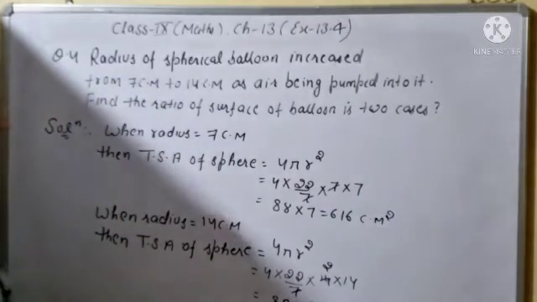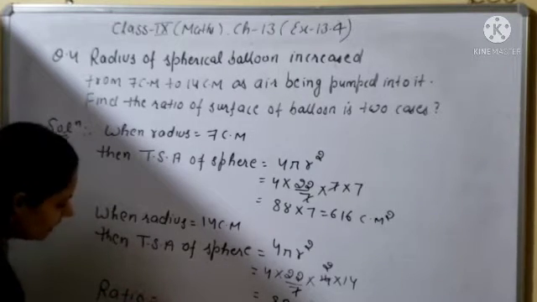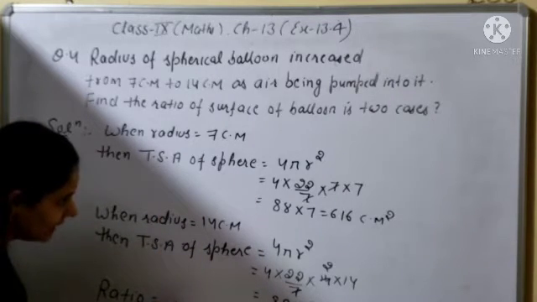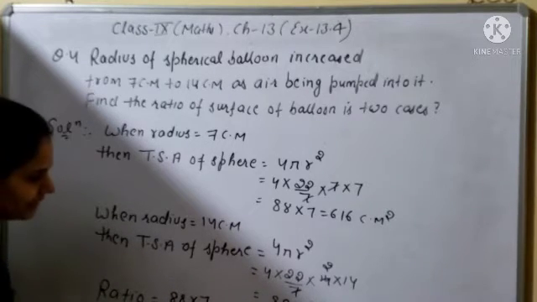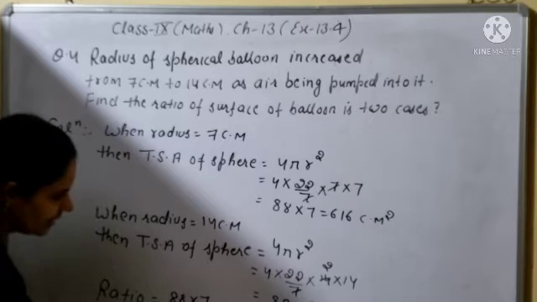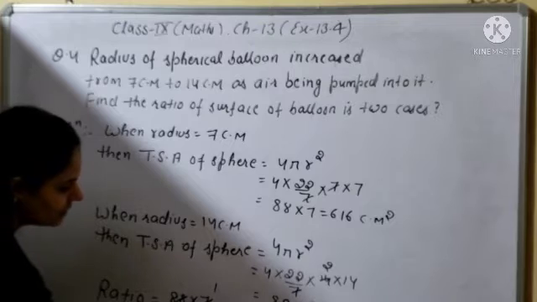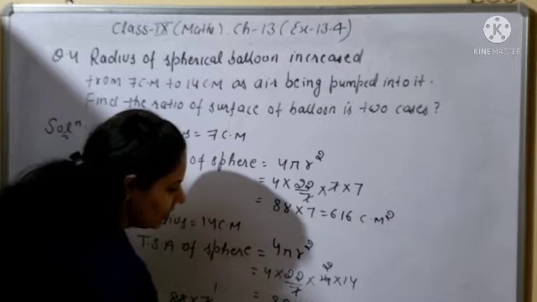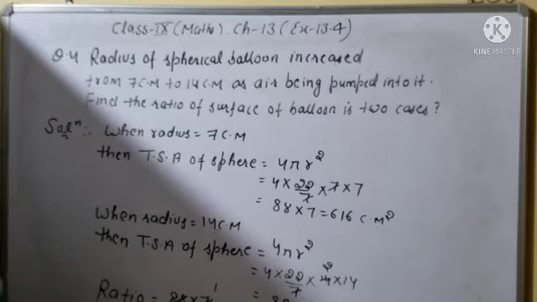Clear? Now you have to find out the ratio of both the surface areas. So what will be the ratio? The ratio will be the surface area of the first, radius 7 centimeters, which I am writing in the form of 88 into 7. And the total surface area when the radius is 14 centimeter is 88 into 28. Now you can cancel out 88, and 7 1s are 7, 7 4s are 28. So it is 1 upon 4. It means you can write it as 1:4. So the ratio of the total surface area will be 1:4.